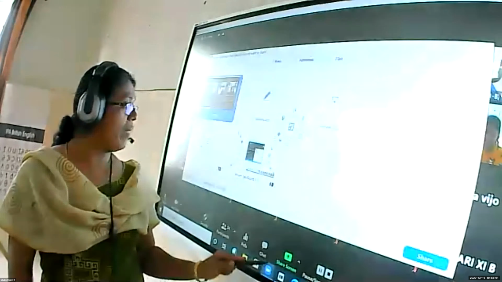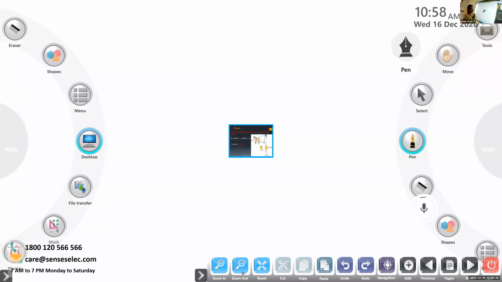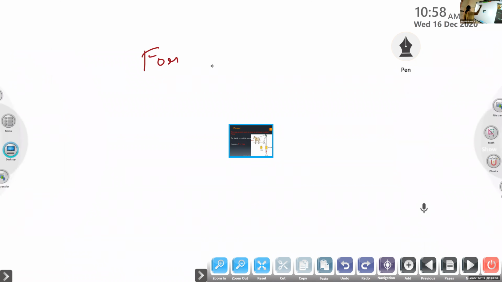Now tell me, according to Newton's second law, what's the equation to find out the force, children? Vidur, can you tell me? Last class also I asked about Newton's second law. Momentum, you already told, mass into velocity. Now next, force in kinematics. What's the equation to find the force according to Newton's second law?